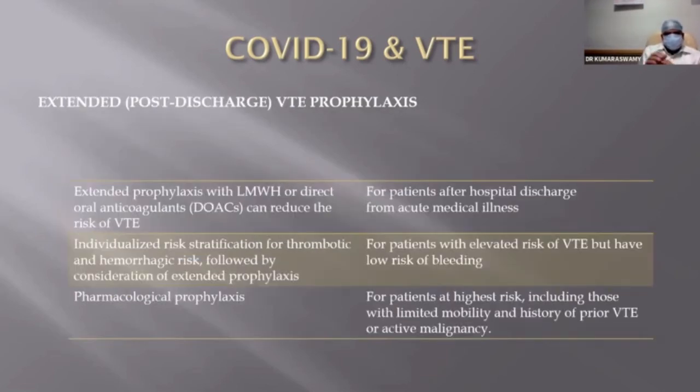Again, this is after discharge. These are the admitted COVID patients, those who got admitted in the hospital, where we had to use VTE prophylaxis. So after discharge, how long do you have to give, or whether you should really give VTE prophylaxis for all the patients? It is not like that. Usually you should give it for 45 days from the date of hospital discharge, and only to VTE risk patients.